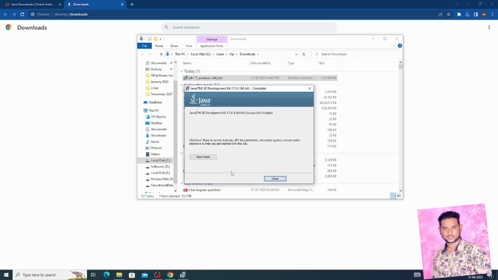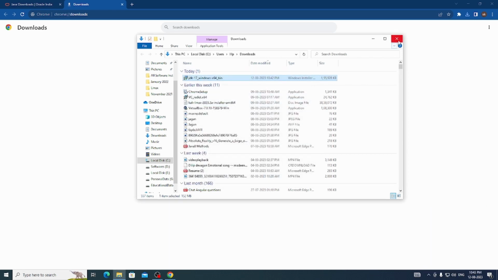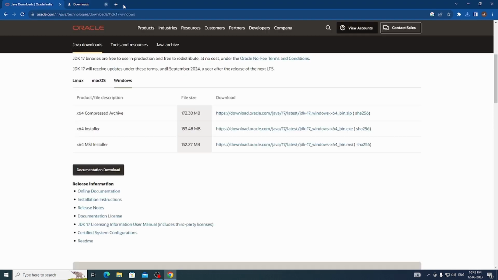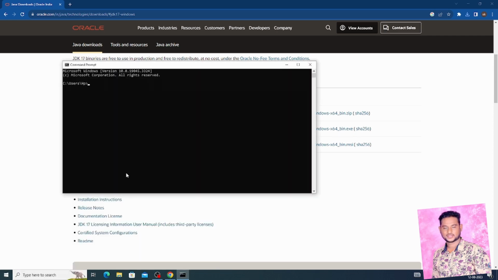Verify Java installation. After the installation is complete, open a command prompt window. Type java -version and press Enter. This will display the installed Java version. Launch JShell. In the command prompt, type